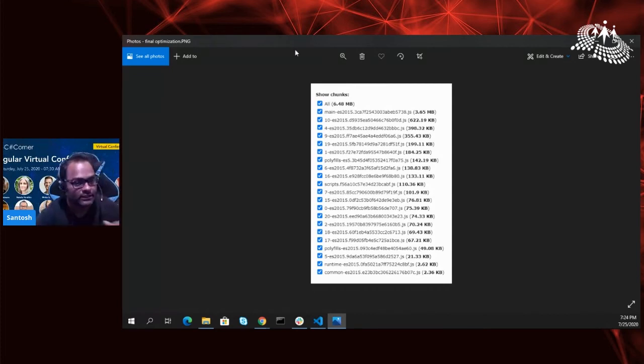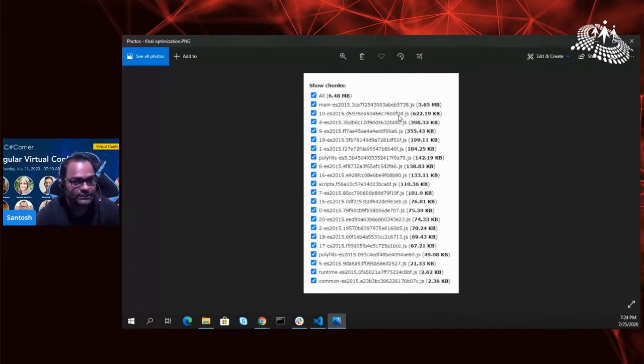But see the initial bundle size. The main bundle is 3.65 MB, which is way less compared to what we had earlier, where we were loading 8 MB of data. And then my runtime and common JS plus polyfills. If I combine everything, it was not more than 3.8 MB. So from 8 MB to 3.8 MB, this is what we came down to.